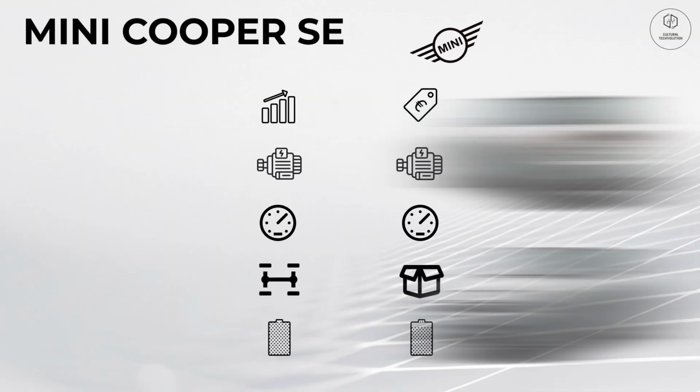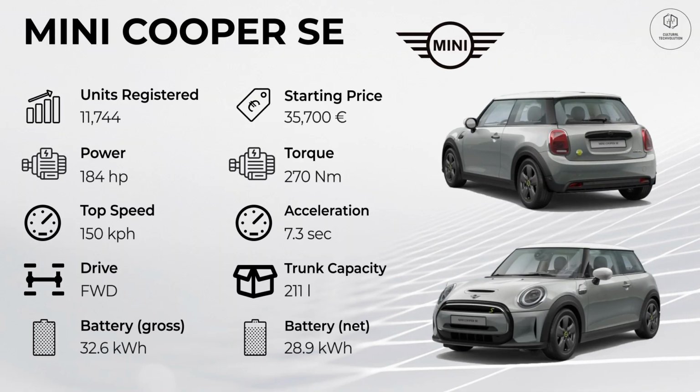At number 7, it is the Mini Cooper SE with 11,744 new vehicles registered in 2022. A front-wheel drive powered by an electric motor producing 184 horsepower and 270 Nm of torque, capable of reaching 0 to 100 km per hour in 7.3 seconds, and with a top speed of 150 km per hour. The Mini Cooper SE is a great option for buyers looking for a fun and practical electric vehicle for their daily city commute. The current price of Mini Cooper SE is 35,700 euros, and after subsidies it costs around 29,000